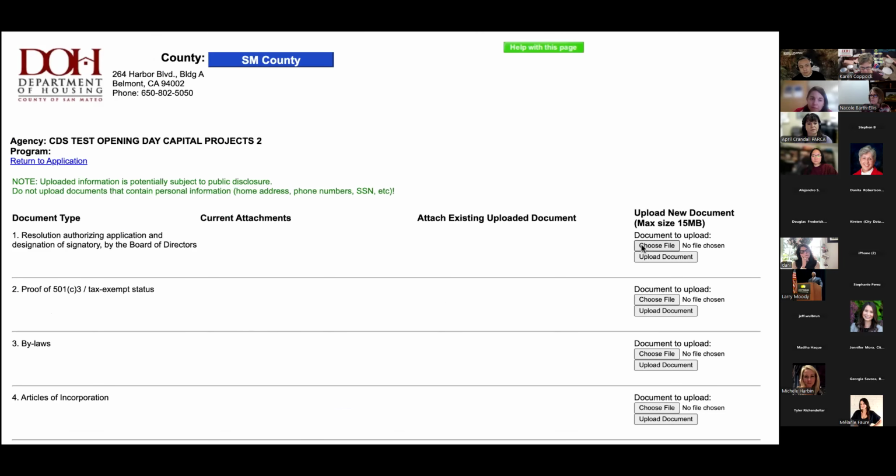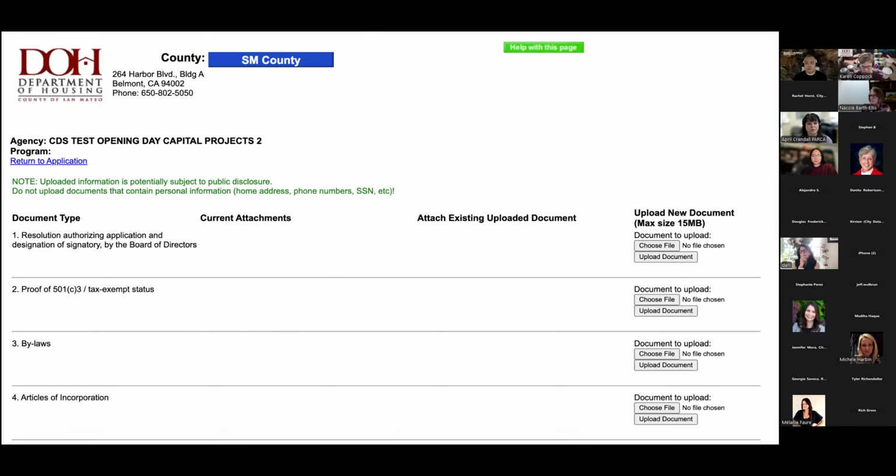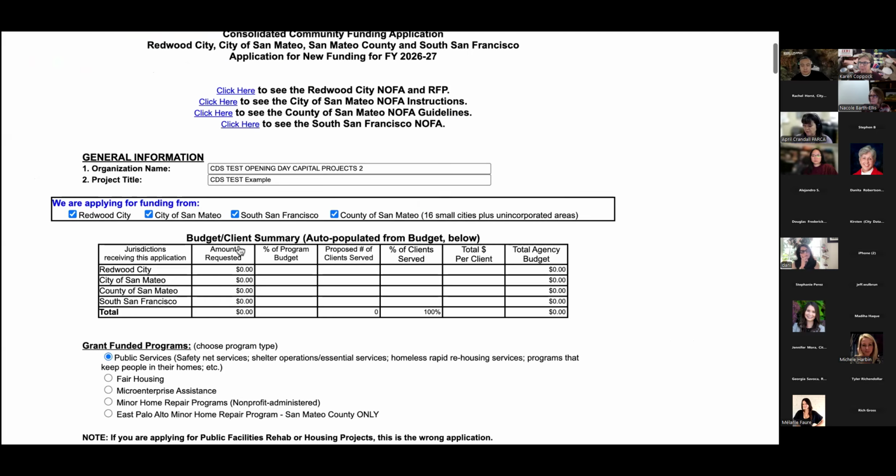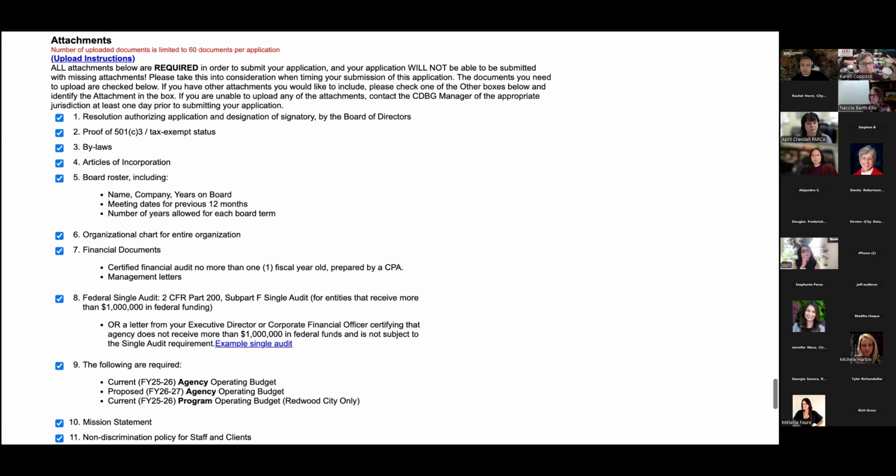So you can either click choose file and pick it from your computer, or if you have a Finder window open, you can drag and drop your file to here. And then click upload document. So choose file, select your file, and then upload document. It's just like when you attach something to an email. Once you attach it, it will be listed as current attachment, and when you go back to the application, it will be listed right here.